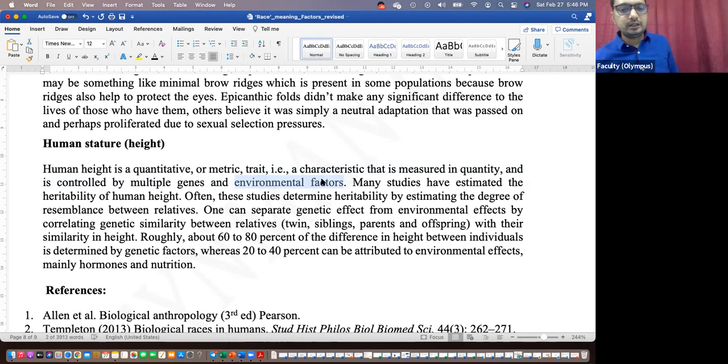And twin studies that we talked about related to height have indicated that 60 to 80% of the differences in height between individuals is because of genetic factors. So as per twin studies, 60 to 80% contribution seems to be coming from genetics in height. So multiple genes and what alleles are present in combination seems to be defining the height. Whereas a small role of environment. The remaining 22% seems to be from environmental factors like nutrition, hormones, etc. But genes seem to be playing an important role in human height.